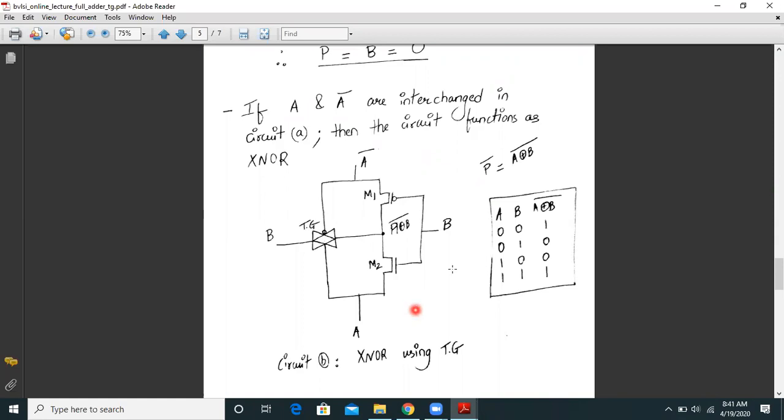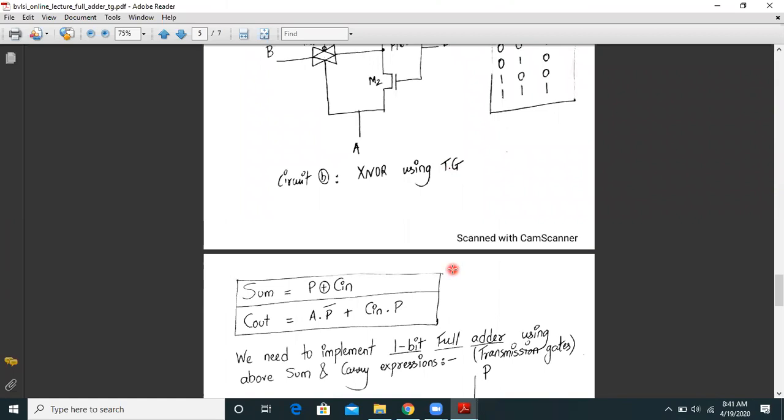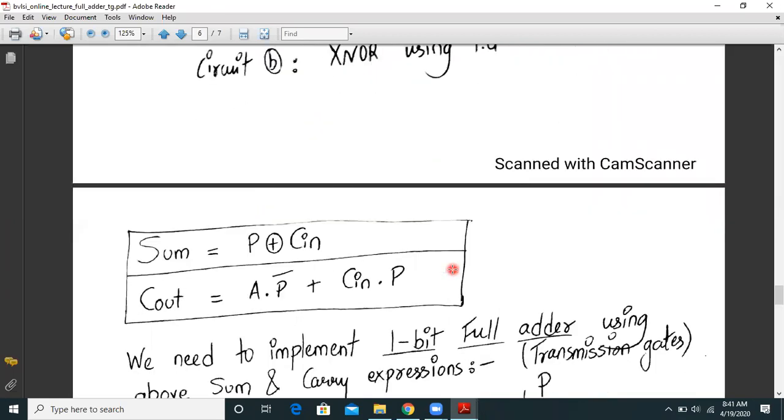Now we are ready to implement a 1-bit full adder circuit. So let us again revise our equations. The equation of sum is P XOR Cin, and the equation of carry is P bar dot A plus Cin into P. So that is the expression of carry out bit, that is C out over here.